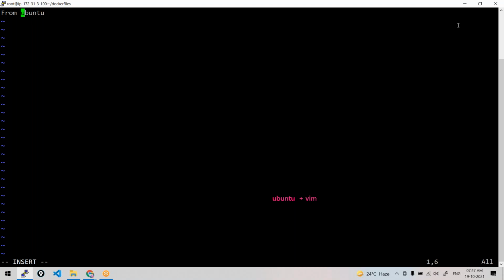Ubuntu means I don't put the registry address, so by default Docker Hub. I didn't give a repository name, so official. The repository name is Ubuntu, and then the tag is latest. This is what it will consider when I say simply Ubuntu. If you want to pull something from ECR, use the ECR registry address, then the repository name, and then the tag. Anything you can use as a base image. Generally, we use some official images from Hub as a base image. Above that, we will modify. So yeah, it will pull this Ubuntu.